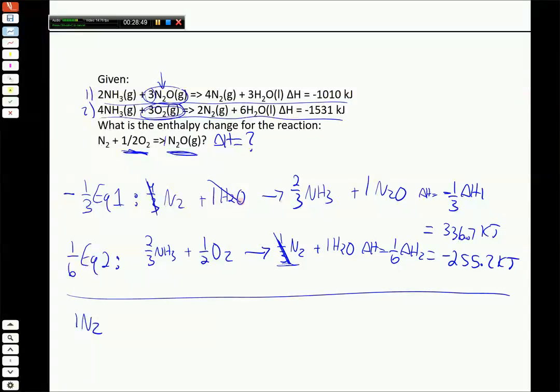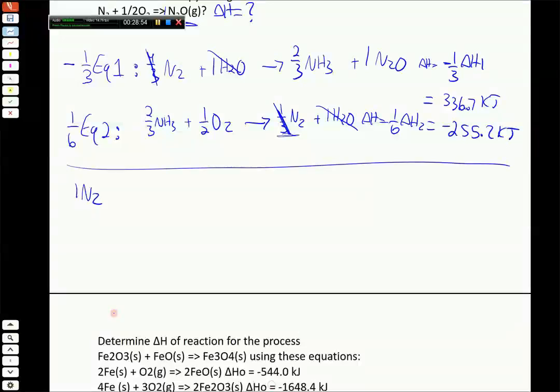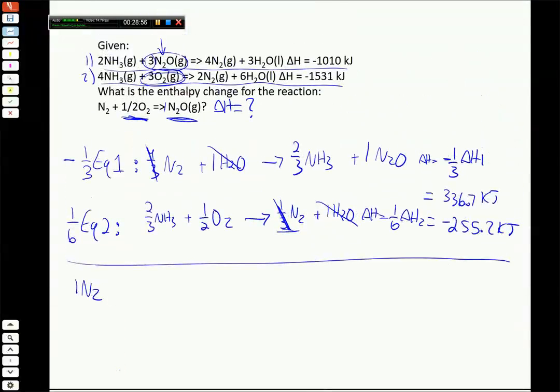We have 1 H2O on the reactant side, but that cancels out with that H2O on the product side. And then on the second equation, we have on the reactant side 2/3 NH3, but that's going to cancel out with this 2/3 NH3. And then we have a 1/2 O2, which is not going to cancel with anything. And then on the product side, the only product that's left is our N2O. So these two equations, after we modify their coefficients, and in the case of the first equation also flip it, add together to give N2 plus 1/2 O2 goes to N2O, and then the delta H for this is just